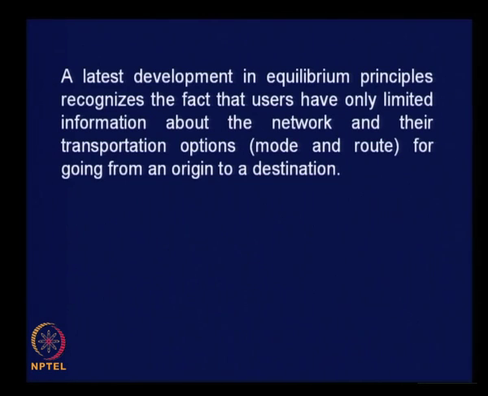So when we talk about shortest route or minimum travel time, it is based on the assumption that every traveler is clear about the travel time implication along a particular path. In practice it may not be true. I may assume that taking Anna Salai to go to Central Station may take about 30 minutes, and she may assume that it will take only 25 minutes. So these are all perceptions,